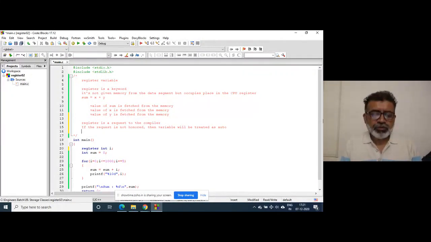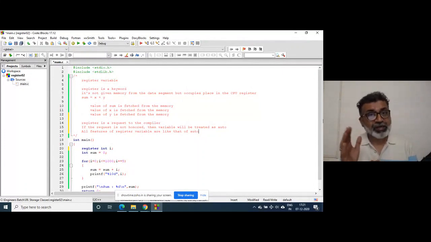So all rules and features of a register variable are like those of auto. All rules are the same, except for the memory. An auto variable is given storage from the memory or the stack, whereas a register variable is given storage from the CPU register. This is the only difference.